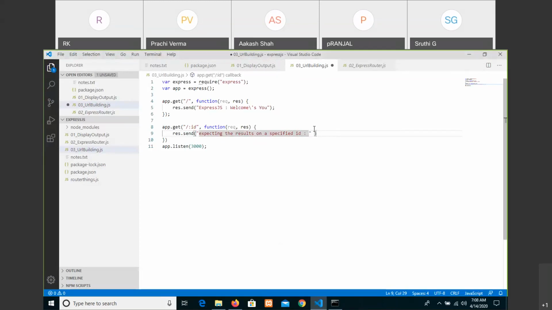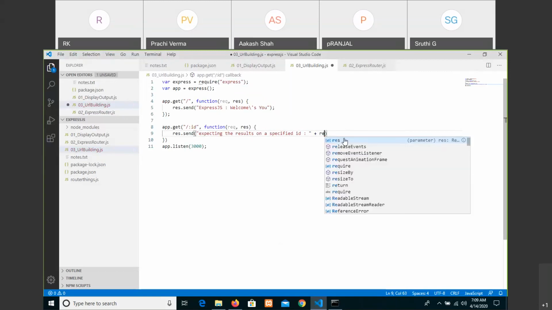So they are expecting an output, and we are saying that when the user is typing a particular ID in the URL, we just see how to check that the user requested this ID. So request, we are saying that right now it is a parameter.